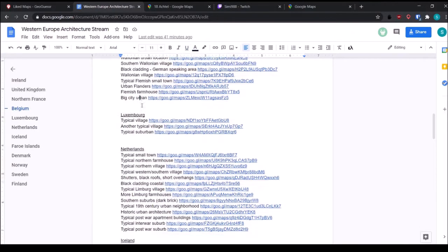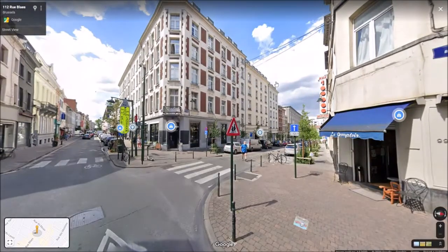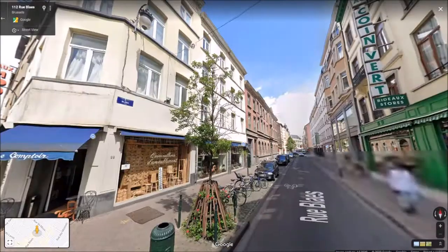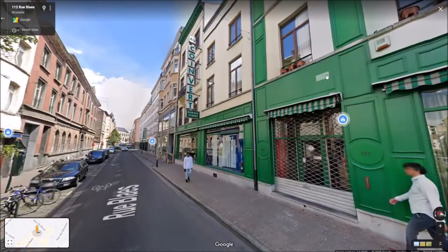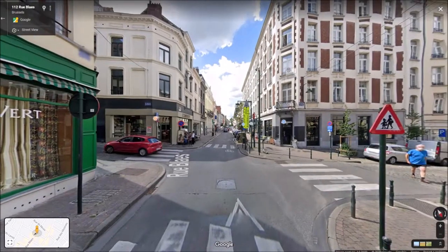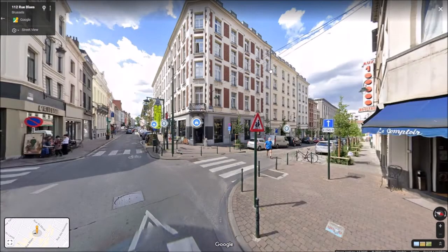And finally, for Belgium, we have a big city urban location in Brussels, which is the dividing line between Flanders and Wallonia. So you have all the trends and influences mixing together. It used to be historically a lot more Dutch, so the whole building style is a little bit more Dutch than French influence, but